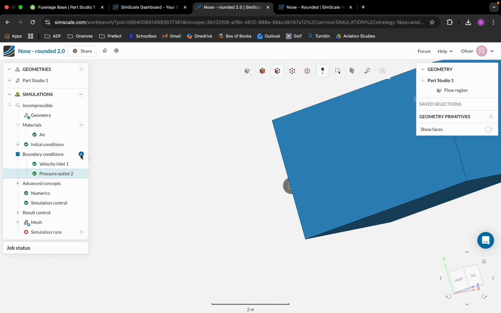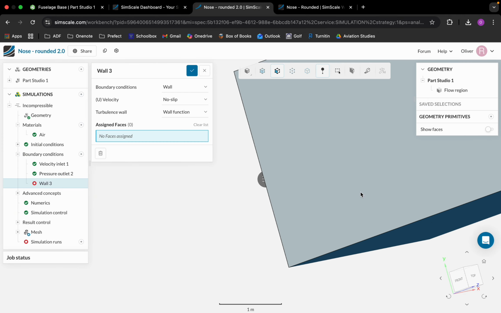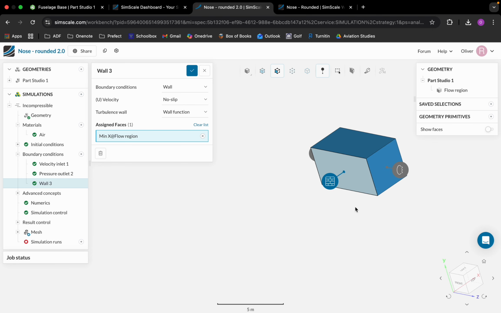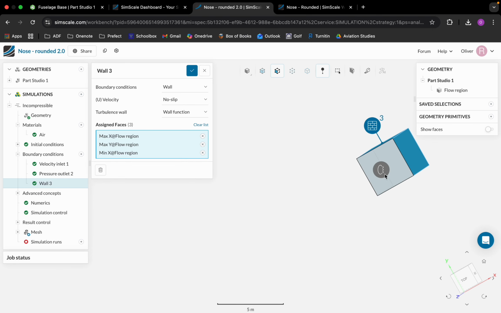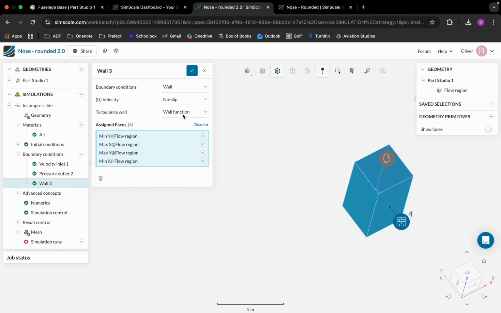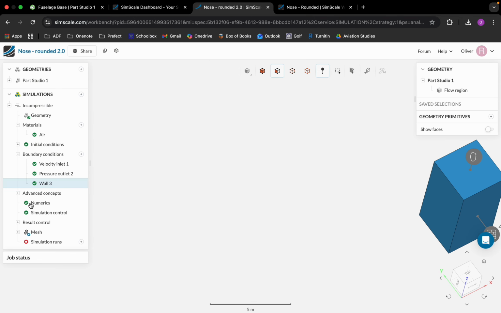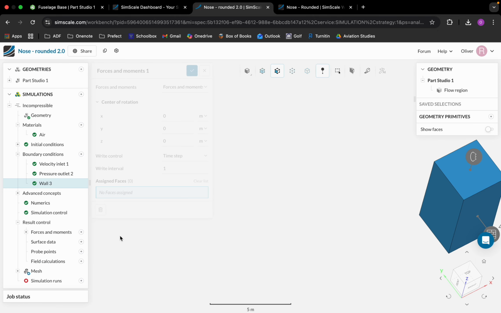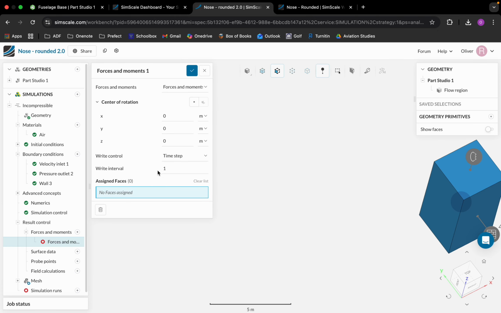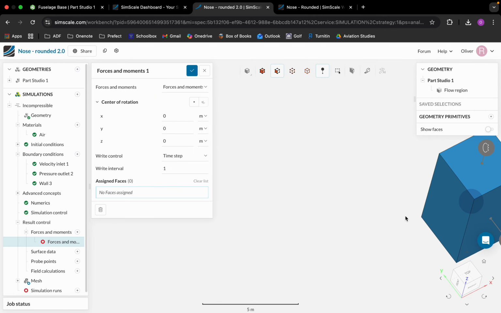And now you need your walls, so boundary walls, so the air doesn't escape obviously. So then go 1, 2, 3, 4. I'm going to do it as wall function slip, so it doesn't stick or impact it, and just go accept. Now result control, I'm going to add forces and moments, and just keep it all like that. And what you can do is just assign it to